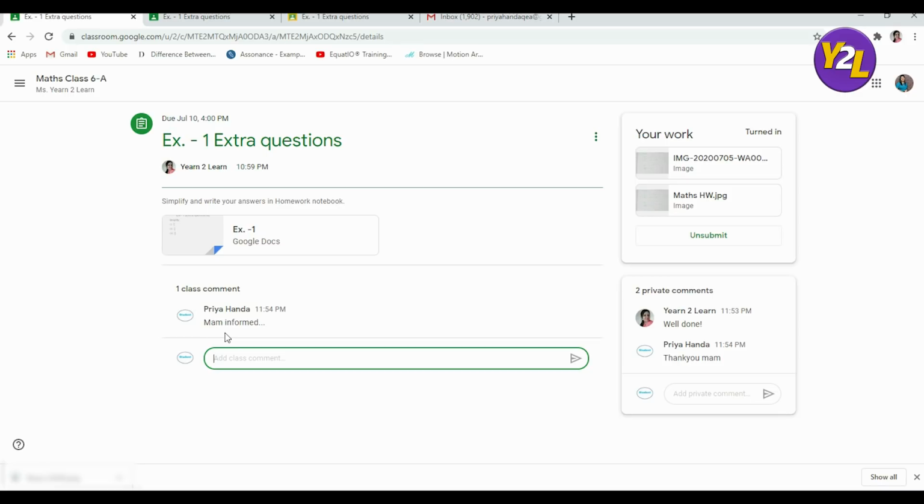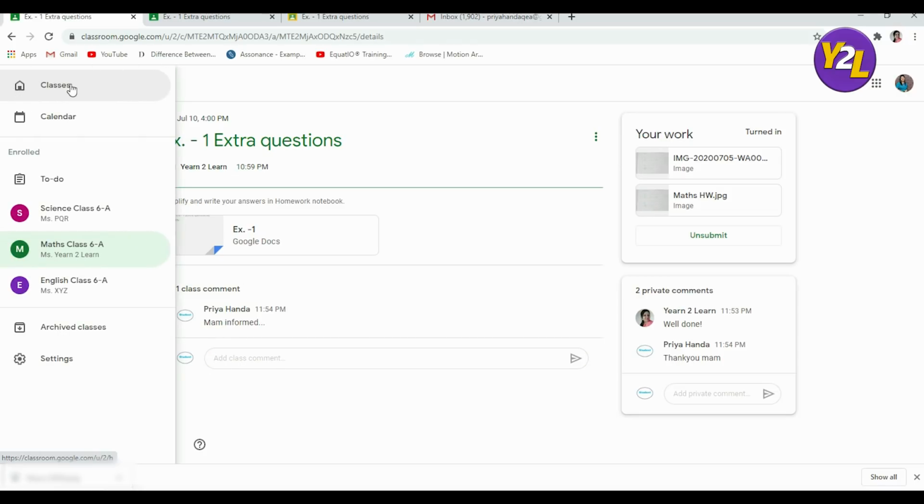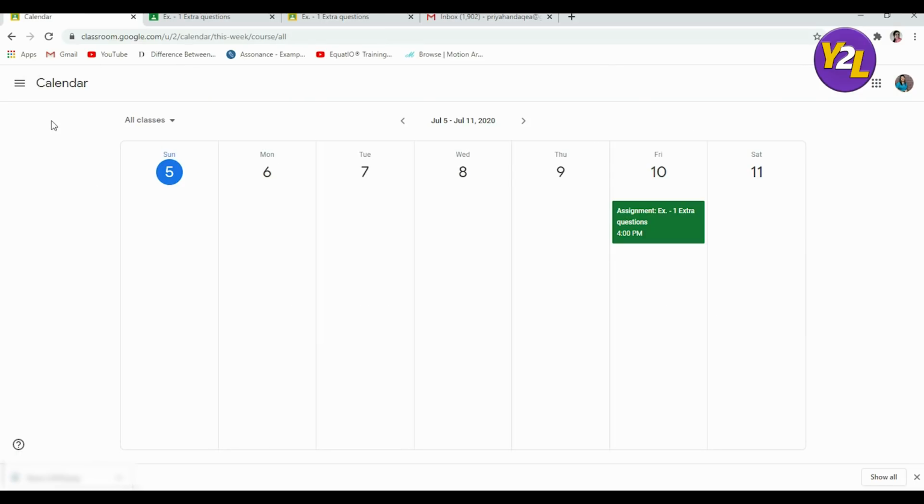So for very beginning, this is it. This is the most important thing that you need to know. And here you will find your all classes. You can see the folders of classes here. This will appear to you. And then there is Google Calendar also, which you can access and check if the teachers have given deadlines. Now see, your maths teacher has given the deadline of 10th July 4 p.m. for submitting your work, but you submitted it before time. So it happens, you always can click on Google Calendar and see. Rather, if it is synced with your mail account, you get notifications and reminders also.